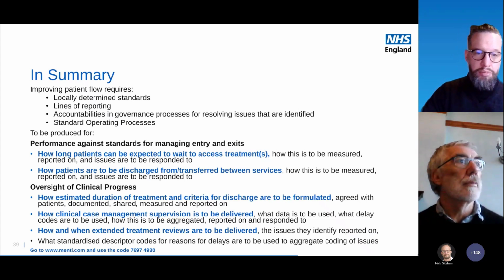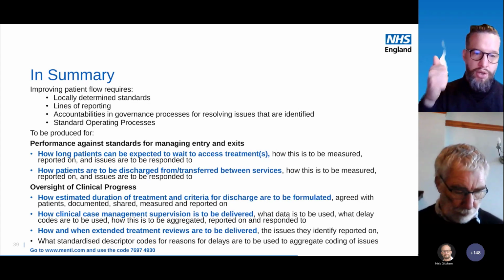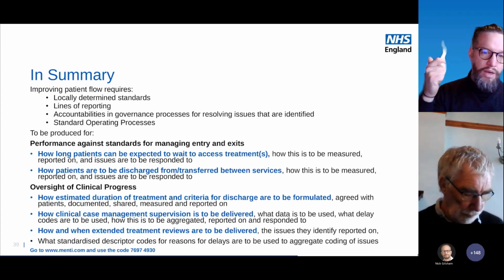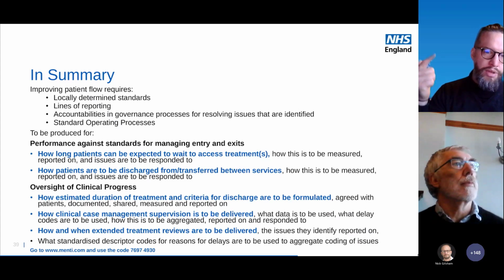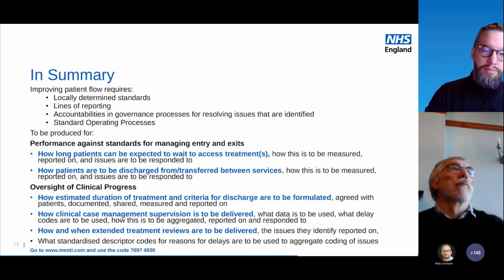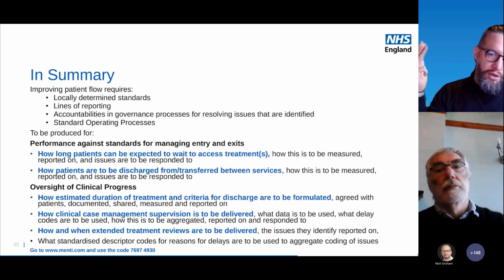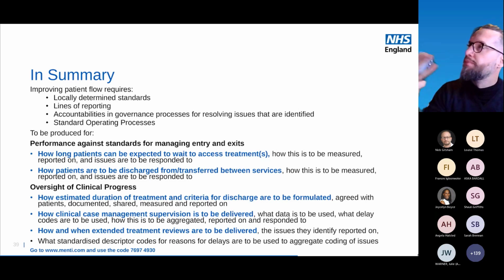The practical steps for reporting on and addressing the issues for each of the elements that relate to patient flow are: co-produce local standards, identify lines of reporting for what is happening against the standards we set, identify where in the governance the accountabilities for different aspects of improvement work live, and document it all in standard operating protocols and policies, and support whatever bits of it need to be operationalized with training and supervision and coaching, etc., for the leaders that are responsible for that.